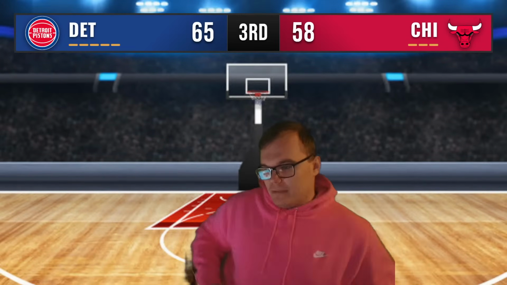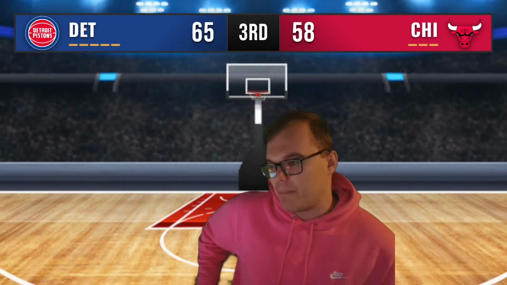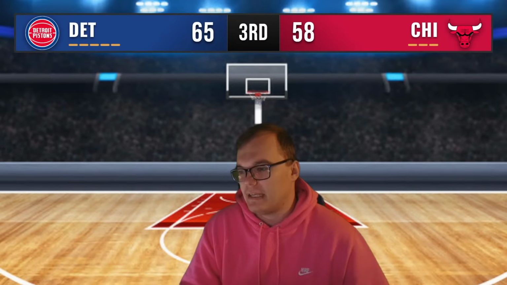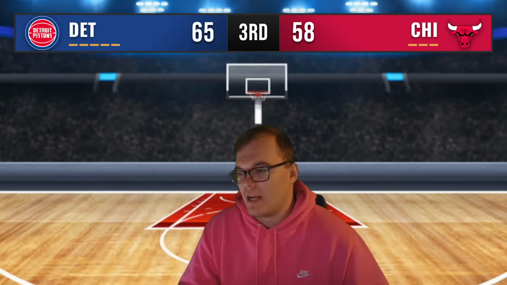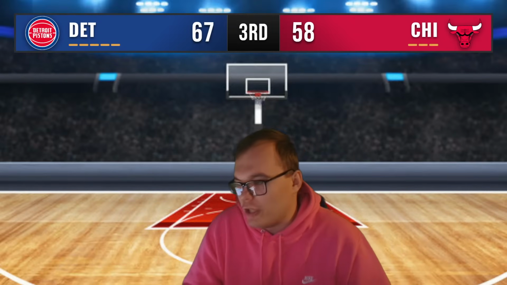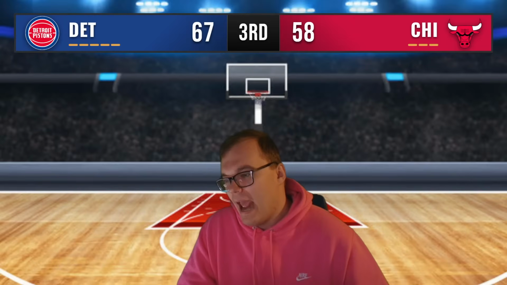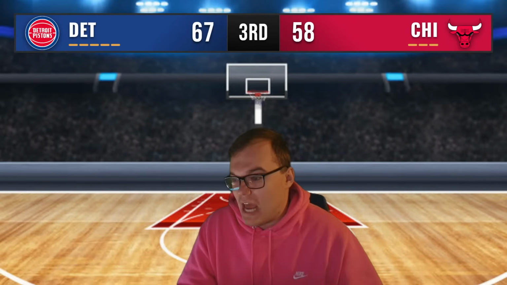Asar Thompson finds Jalen Duren at the top of the key here. Gets it right back off to Cade. Cade working against Josh Giddey. On the left wing here, Cade trying to dance one-on-one on Josh Giddey. Cade with the basketball, ball in hand. Right-handed floater is tough and in. You cannot stop that. You can only hope to contain the motorcade. 8:43 left to play in the third quarter.